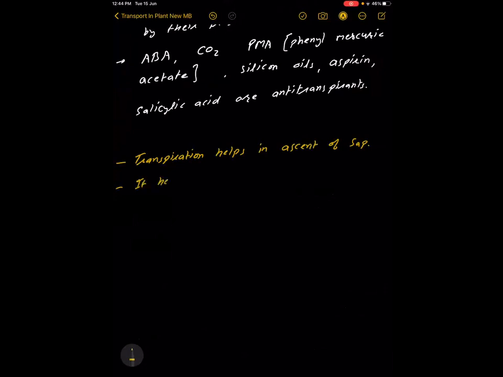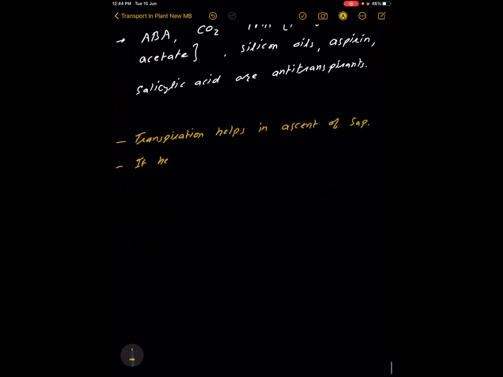Yes, yes. If you are completed, but just sir. note down these 2-3 points. It helps in okay. So transpiration helps in ascent of